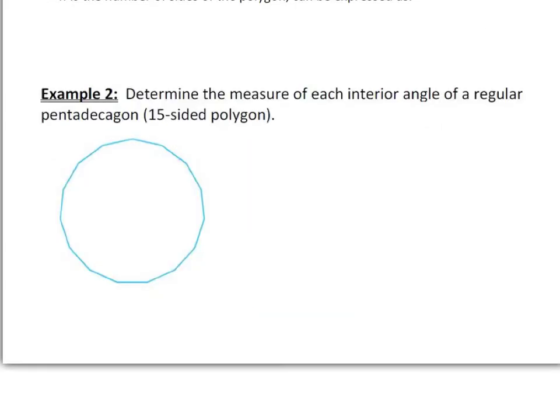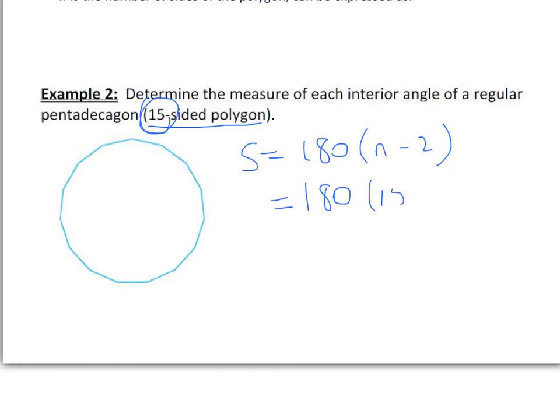Alright, let's look at this example. Determine the measure of each interior angle of a regular pentadecagon. Okay, so a pentadecagon is a 15-sided polygon. So we're just going to use our formula. S equals 180 times (n minus 2), where n is the number of sides, which is 15. So we have 180 times (15 minus 2), which equals 180 times 13, which equals